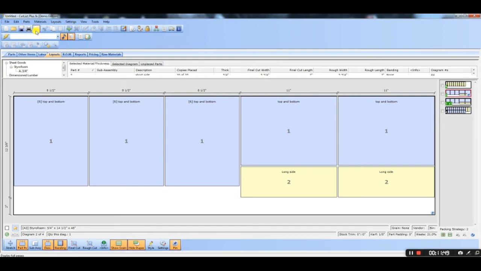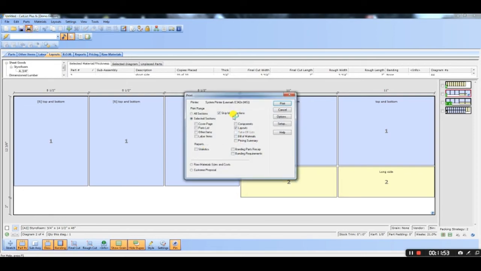Then you can go up to the print button up here and just print off. When you go to print, by default, all selections are chosen. Go to selected sections and click on layouts, and that way it'll just print out the layouts. Now it will print out 4 sheets in this case. But